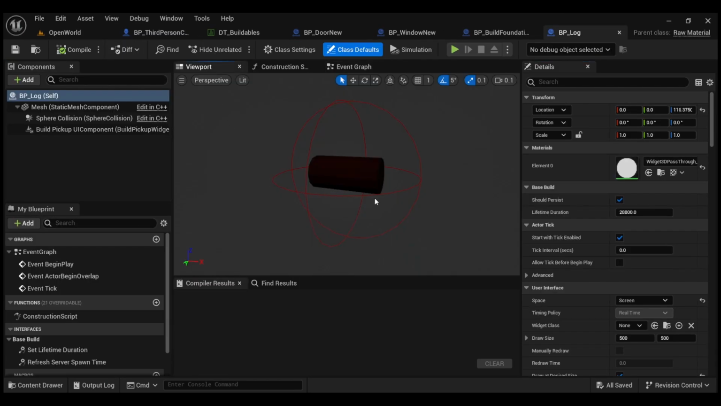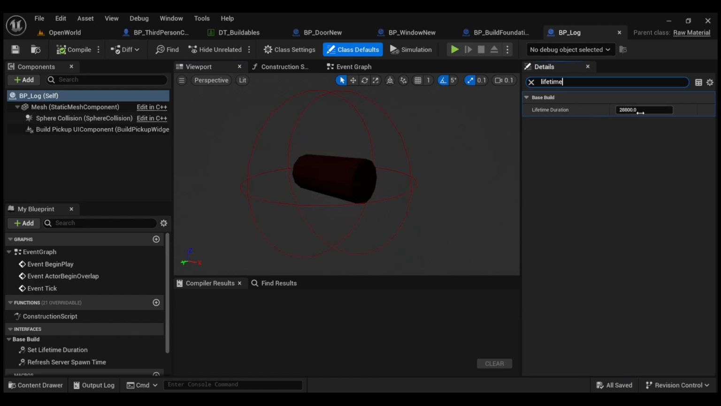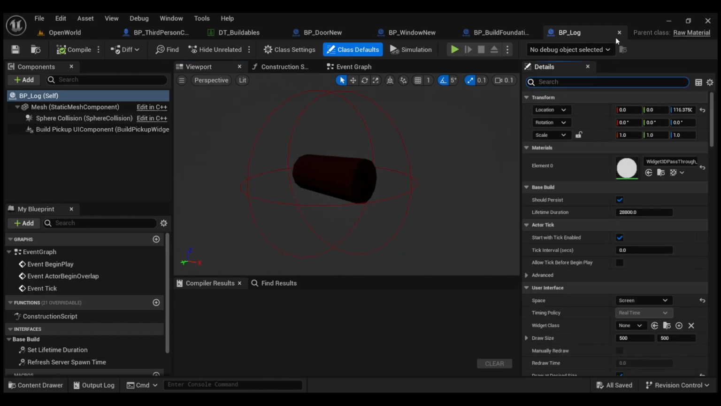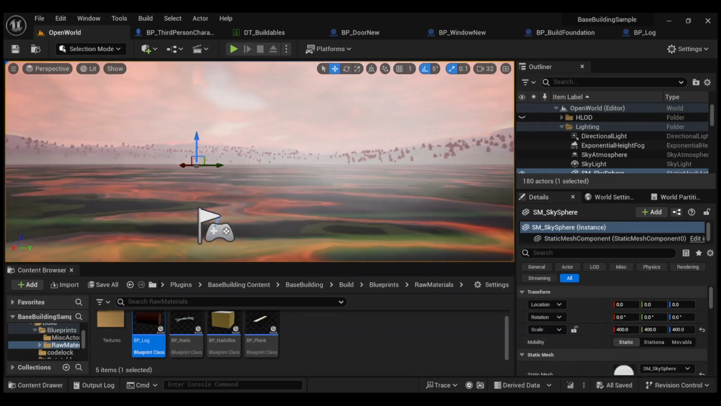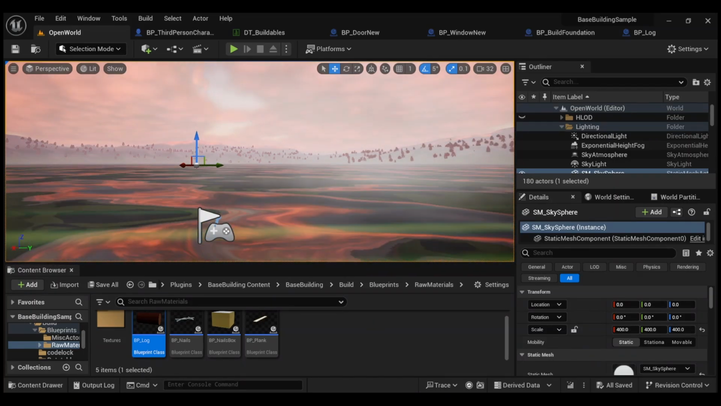For example, this is the log. Again, lifetime duration, if you look up, this is configured for 8 hours. All the raw materials are configured to last in the world, whether it is a multiplayer or a single player game you're working on. Next thing I wanted to talk about is there's a blueprint that I've made for testing